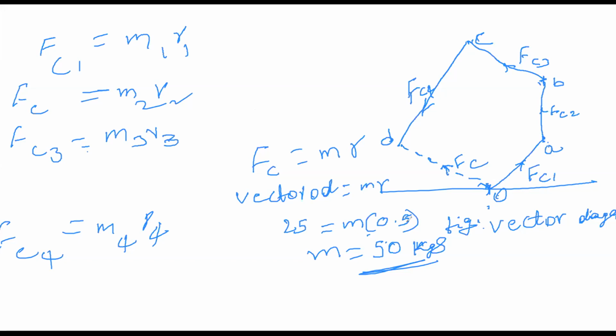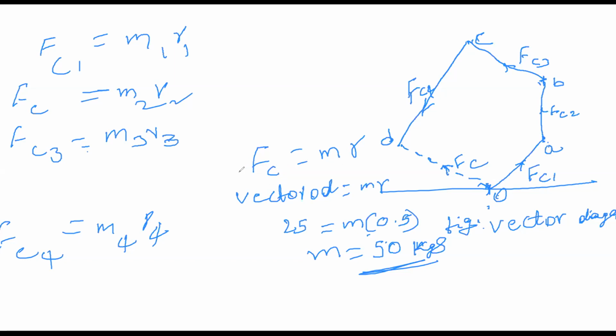And the gap between the first point and the last point is enclosed with the dashed line. That dashed line is considered as the balancing force, the balancing of the centrifugal force. So for that balancing of centrifugal force, FC equals, as we already know the formula, the product MR.